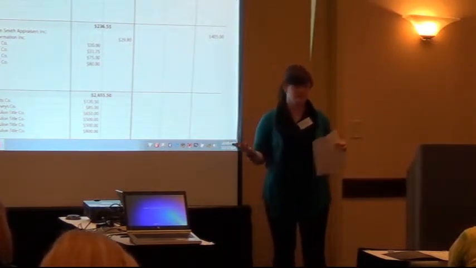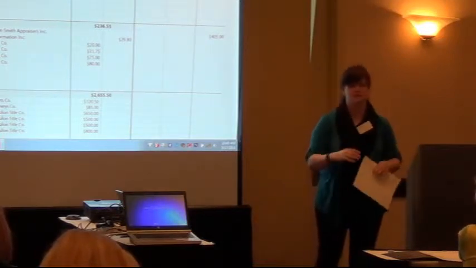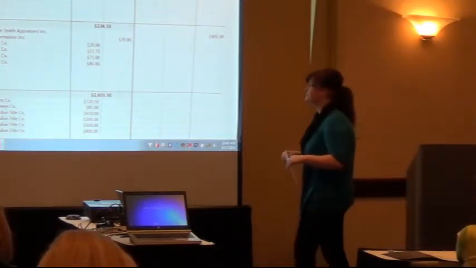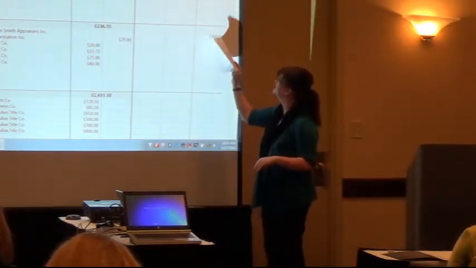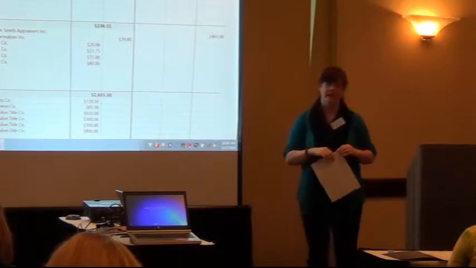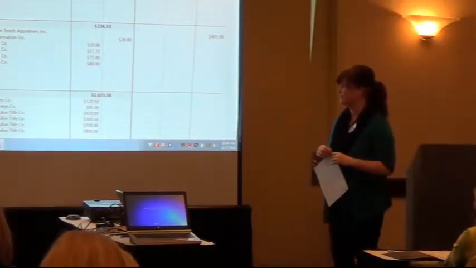So if the contract reads the seller's paying $2,000 in closing costs, we don't care what they are, and the lender just wants a lump sum closing cost credit, it can do that as well. So any seller fees you would put here, they paid on closing, and then like I said, paid by others. Anyone who's paying something outside of closing on behalf of the borrower can be disclosed here.